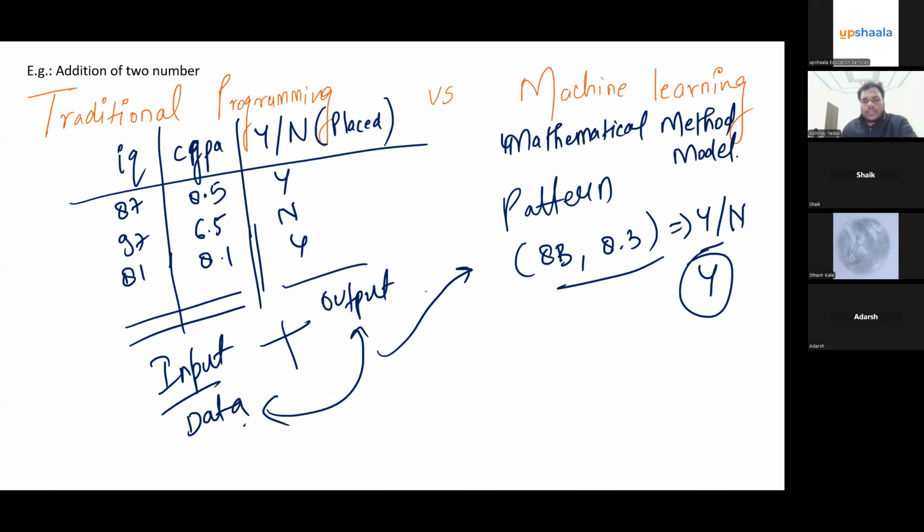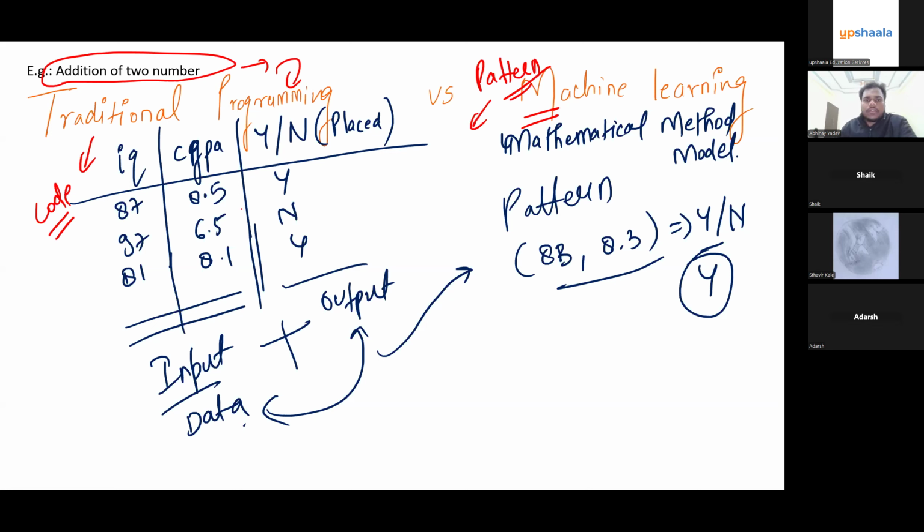Clear? So shall we proceed further? Okay, so you can take the example of adding two numbers. When you add two numbers through the traditional method, you need to change the code. When you talk about machine learning, it will form one pattern, and that pattern will predict on behalf of the past data that you have given. We will see later on how things work.